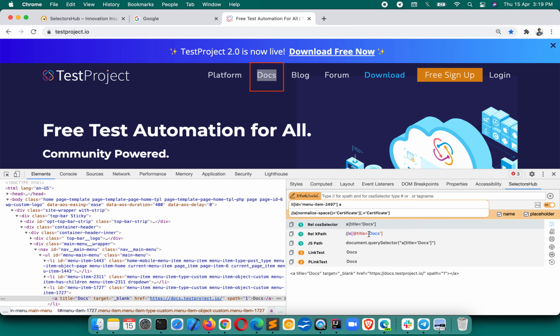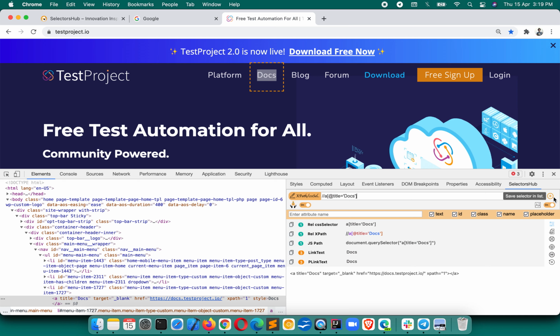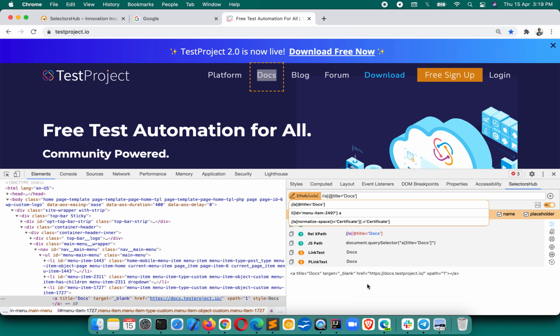As you want to save more values, you can keep on saving, up to 10 values. Even if you close the browser and reopen it next time, that value will be saved locally. So it will save a huge amount of time and make your task easy. Whenever you want to edit or fetch the same XPath which you wrote last time, you can do it here. This is really helpful.